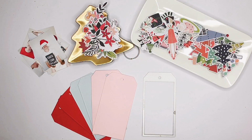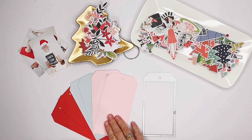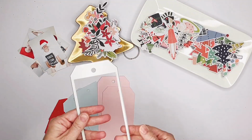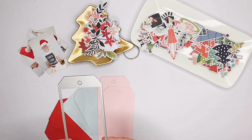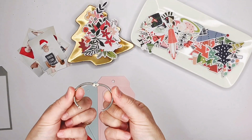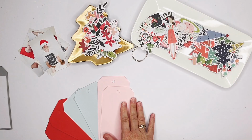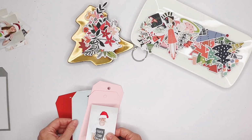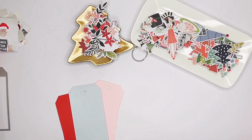To begin with, I've cut some cardstock tags using this metal tag die from my craft stash. And as I said before, it's going to be held together with one of these pull apart metal rings. And I've printed some photos, some favourite Christmas memories on a smaller scale, and I'll be adding these to the